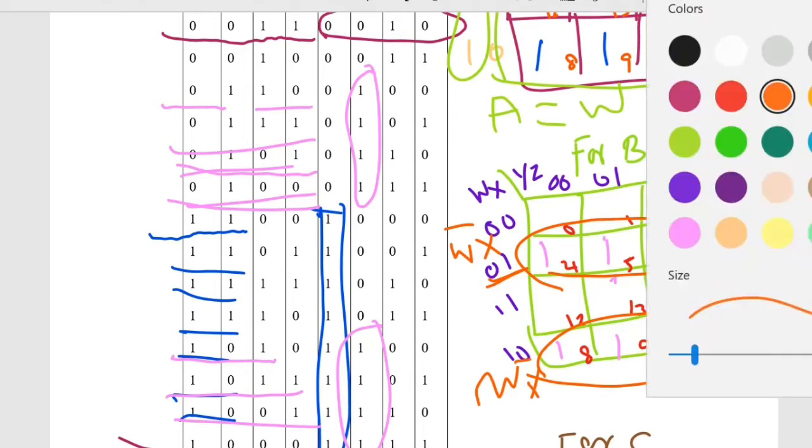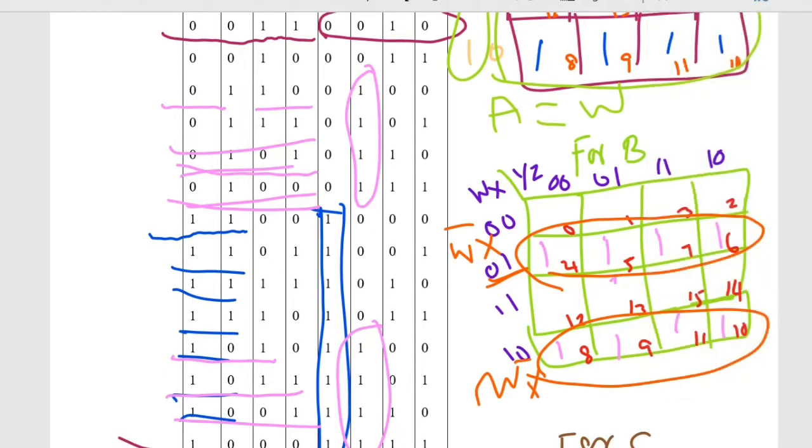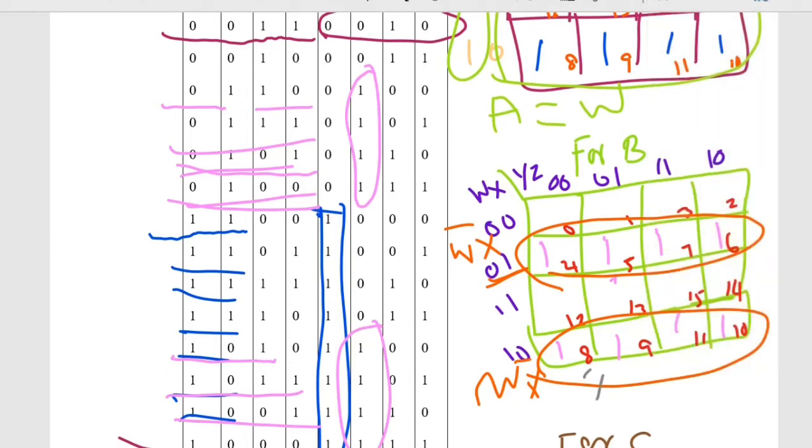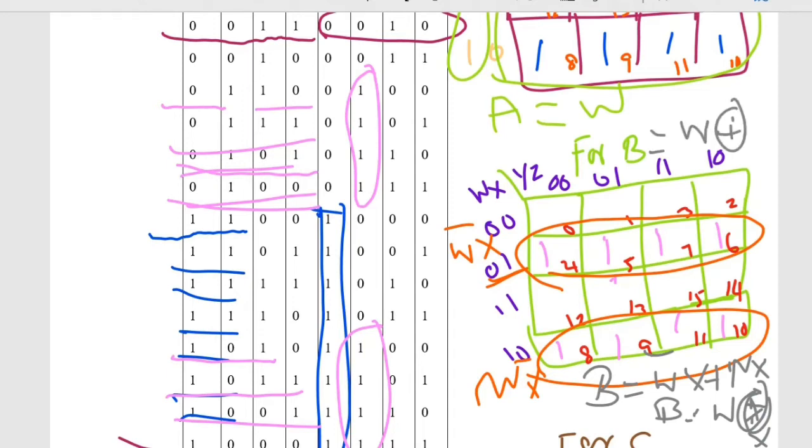Now tell me what is the expression for B. The expression for B is equal to W bar X plus W X bar, which is none other than B equal to W XOR X.